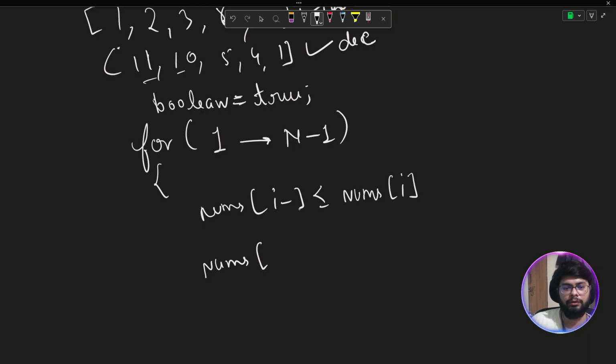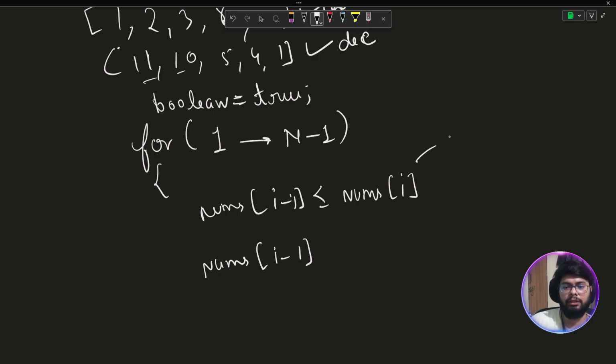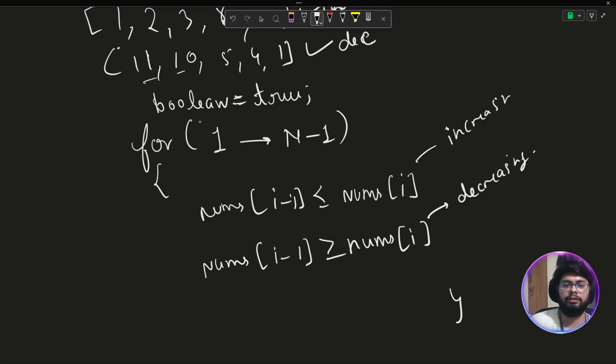Another condition we need to check is the previous element; this will be for the increasing one. If the previous one is less than, then it is increasing. If the previous one is greater than the next one, then it is decreasing. But then again the question arises,